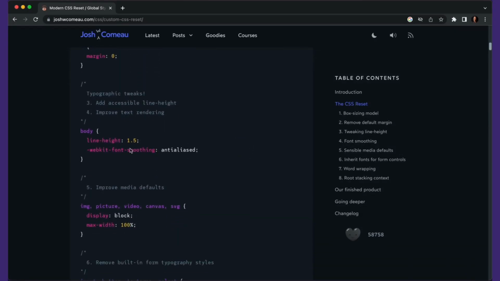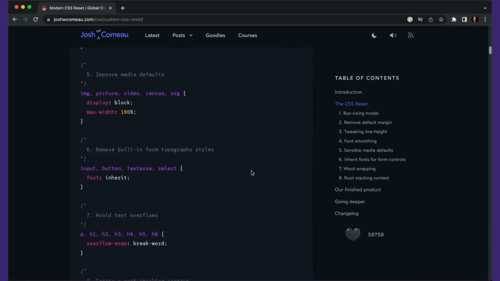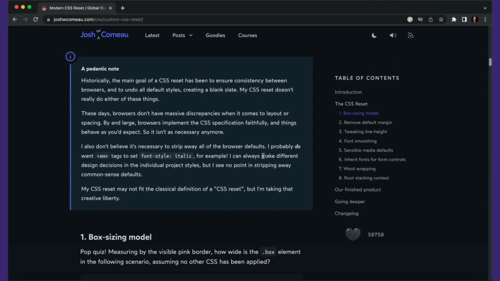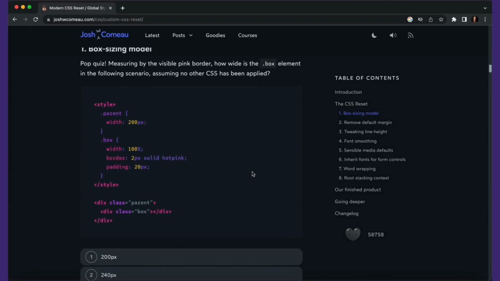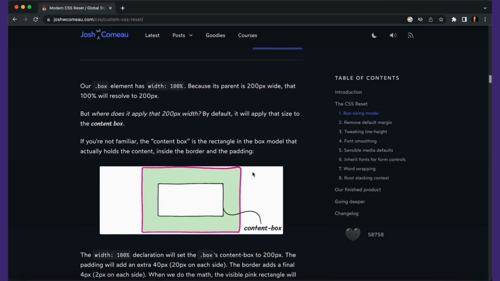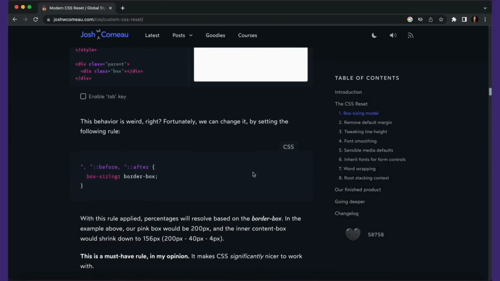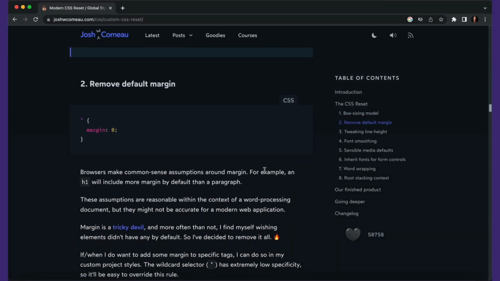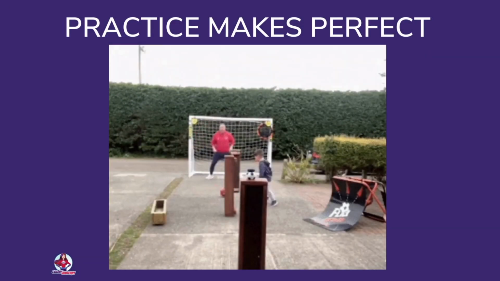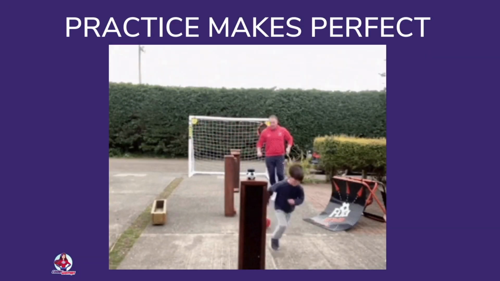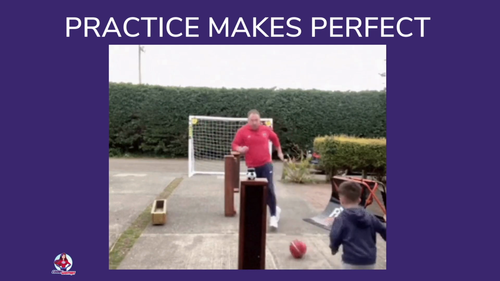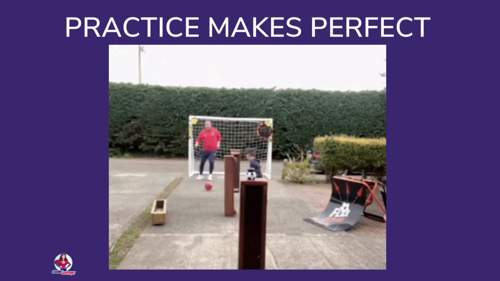This is an article by Josh Comeau about CSS Reset. This article is excellent, but more difficult than what we are learning in this course. It's totally optional, so don't worry if you find it challenging. We are focusing on the basics here, and there's no rush to understand everything all at once. Keep your curiosity alive and keep exploring, but remember, it's also important to focus on the fundamentals and build a